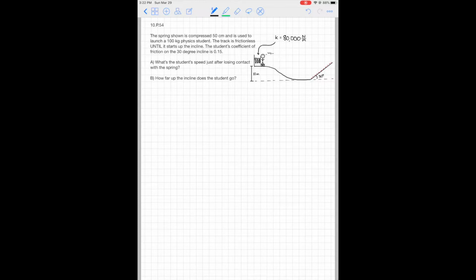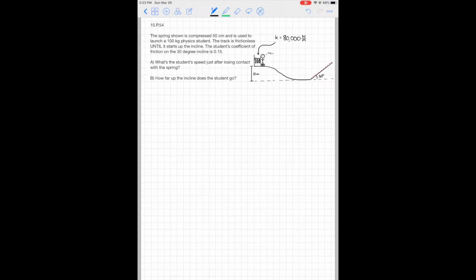So there's no friction on this problem whatsoever, on this incline whatsoever, until we get to the 30-degree incline. And I've shown this a little bit as a red dotted line. We know a few other things. We know that we start 10 meters above the bottom, the lowest point on our track. We know that our K value, our spring constant, is 80,000 newtons per meter, which sounds ridiculously large, but